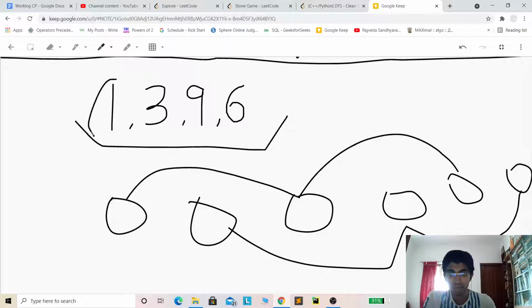So he will make a strategy in a way that he'll choose only these odd position numbers. That is how he can make a strategy, and there are no unforced errors over here because there are no other conditions. Because he's picking only one element at a time, he can make the strategy of winning. So no matter what Bob plans, what Lee plans, the winner will always be Alex.